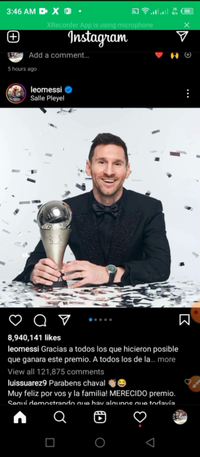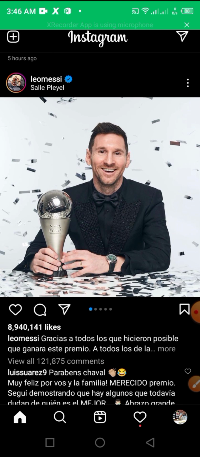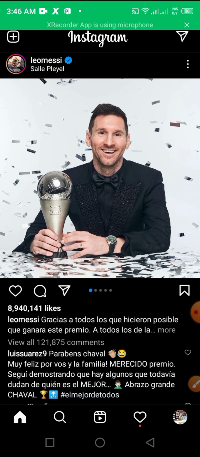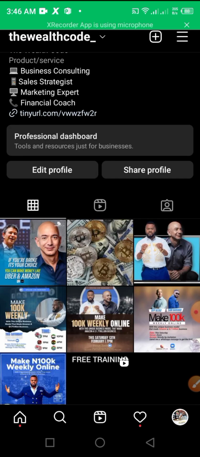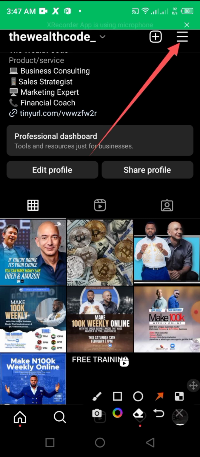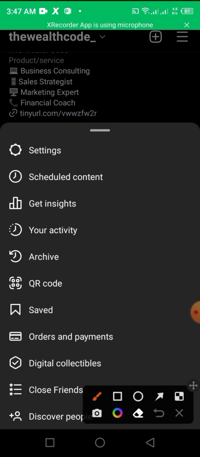Okay, so first you should know that when it comes to advertising on Instagram, you cannot use your normal account. You need to first switch to a professional account on Instagram, and to do that is very, very easy. First of all, you come to your profile, and then you go to the top right hand corner, click on these three horizontal lines, then click on settings,